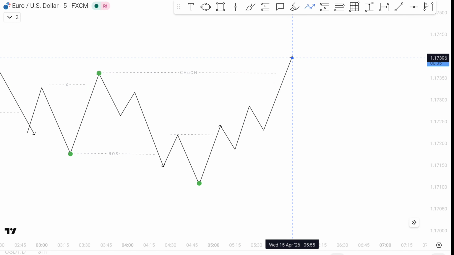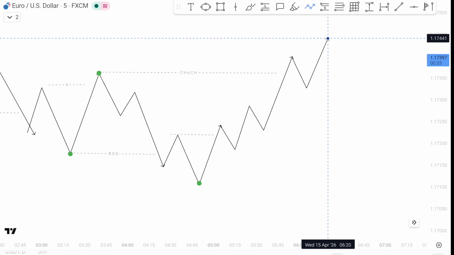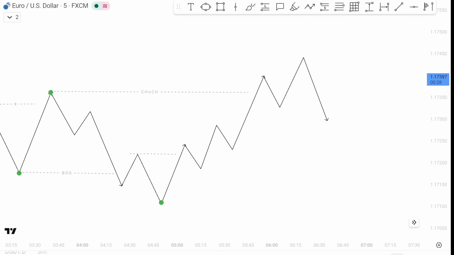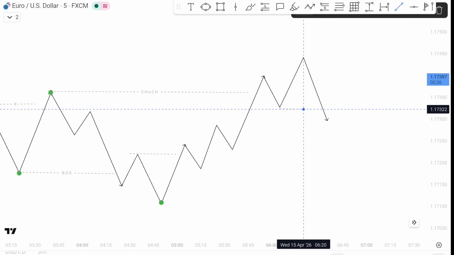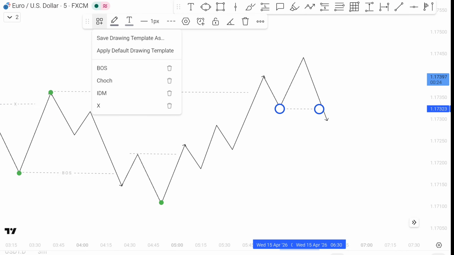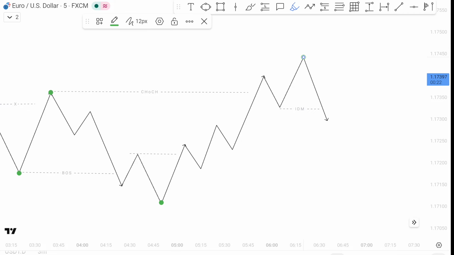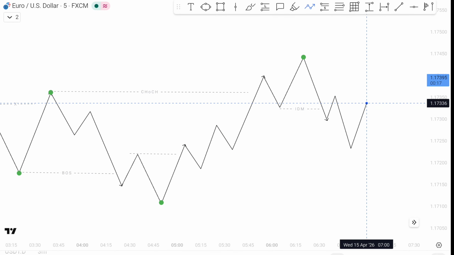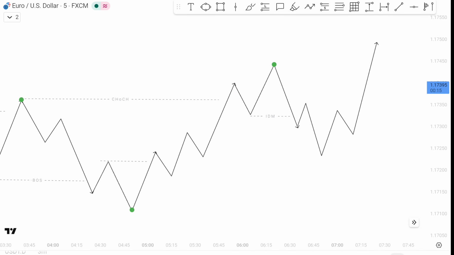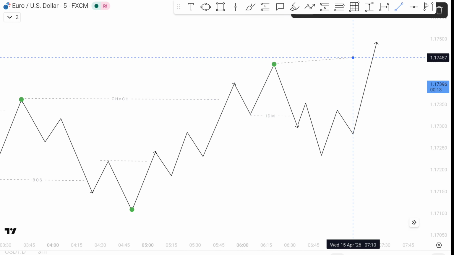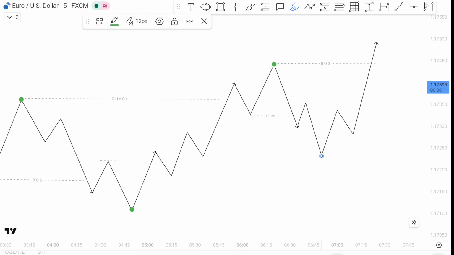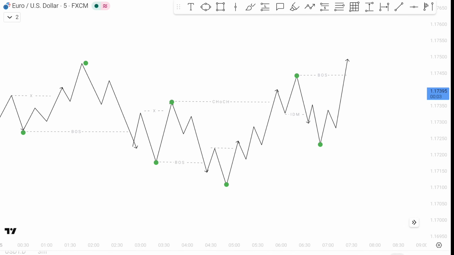We have to wait for the market to break below the first pullback at least, to take out the liquidity. Whenever the market takes out the first pullback liquidity, which is at this point, it makes our higher high at this point. And when the market breaks the same higher high, even after a deeper retracement, this point is the break of structure, and after the break of structure the deepest point becomes our new higher low at this point. In this way market structure works.